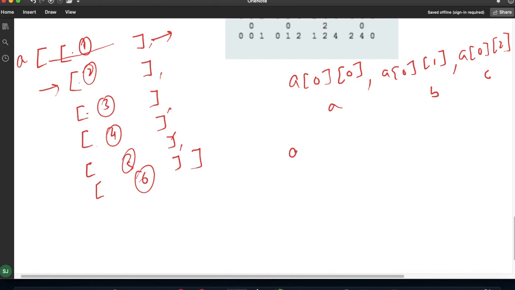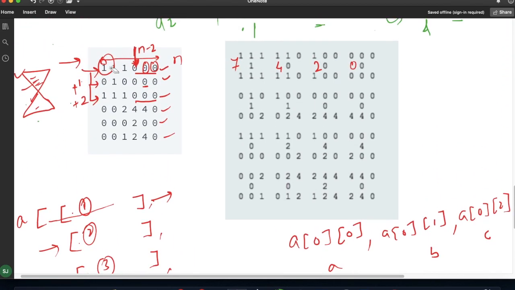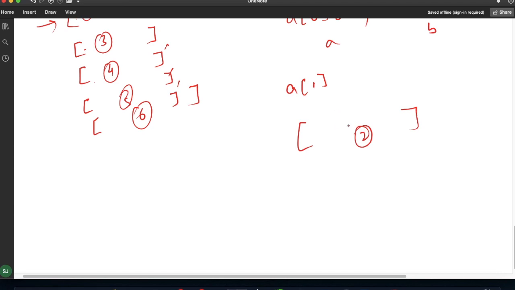So for D, if I write A of 1, it will give me the second list, list number 2. Now from the second list, I have to take the second value. So for this I will simply write A of 1,1.